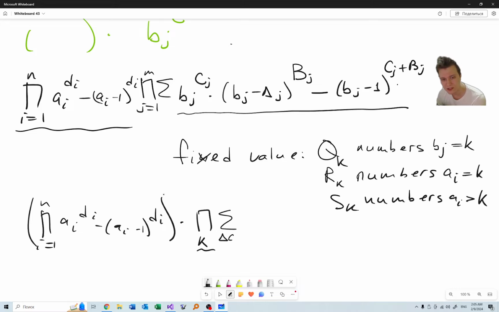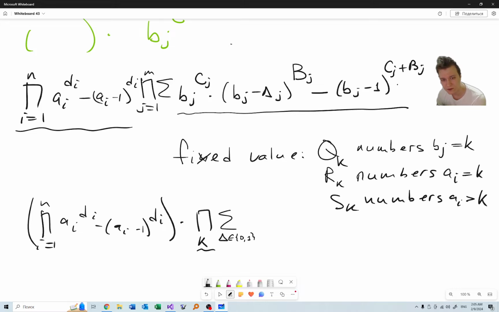So delta is from 0, 1 to the power rk. And note that